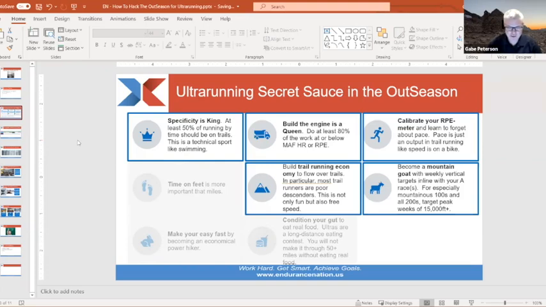So the areas of focus for the out season are, specificity. Even though it might be tough to get outside, this is a great time to build your technical skill of running on a trail. I like to say that it's a technical sport like swimming or mountain biking. And this is a good time to push yourself because you're going to have a lower running volume. So instead of trying to master the technical skill of running down through a rock garden while your legs are dead because it's a big week, you can focus on things like descending,